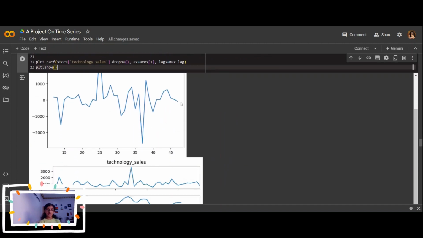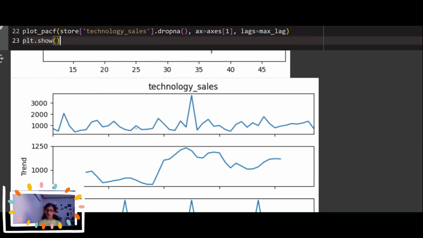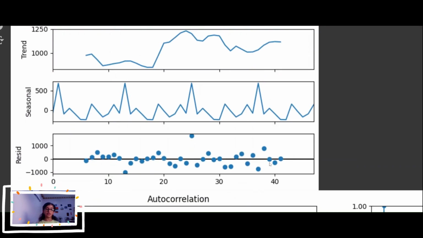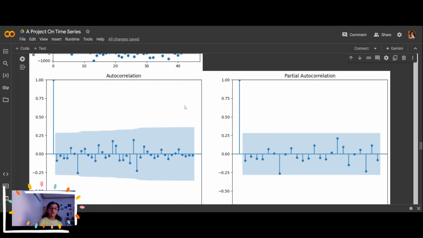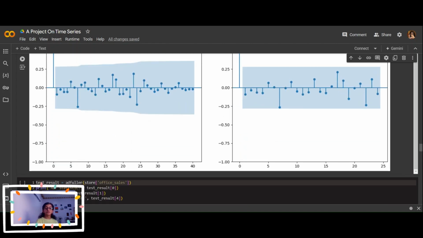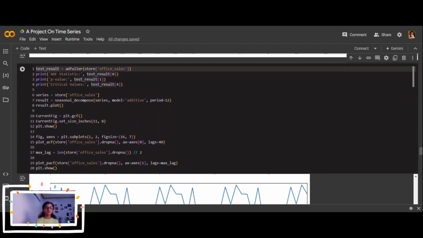Now let's do the additive. So first of all, this was our graph. We took the trend out of it. We removed the seasonality as well, and all of the residual will come in the final category. So in autocorrelation, as you can check, this is ACF autocorrelation, and the partial autocorrelation. You can't see much difference, but there is difference. So let's move on to printing the next model.